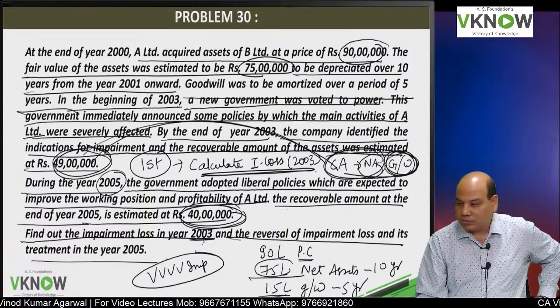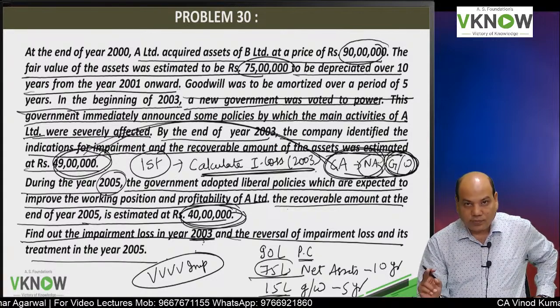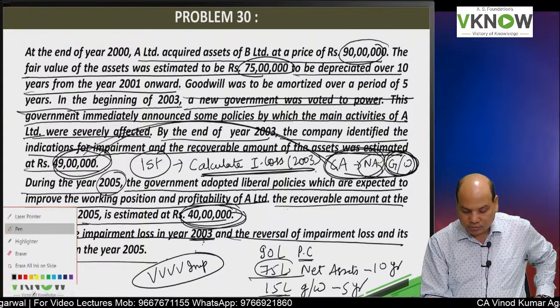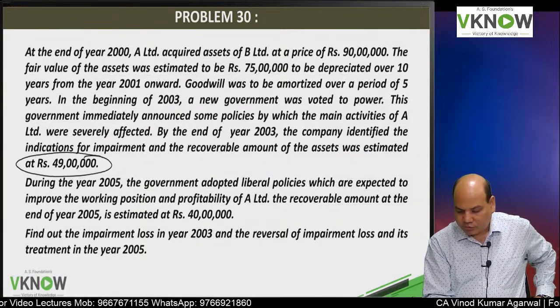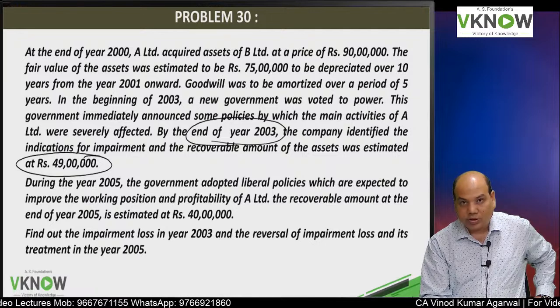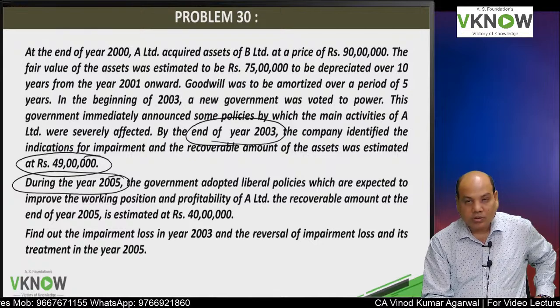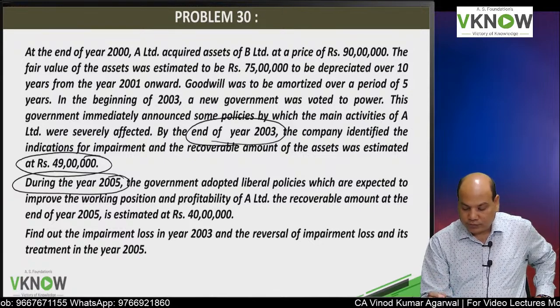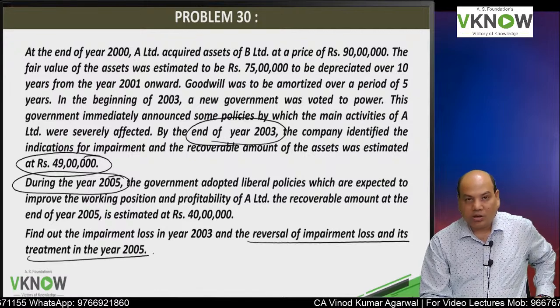Very good question. So let us first find out part 1. What is part 1? Impairment loss in the year 2003. Then we'll calculate the carrying amount at the end of year 2005,